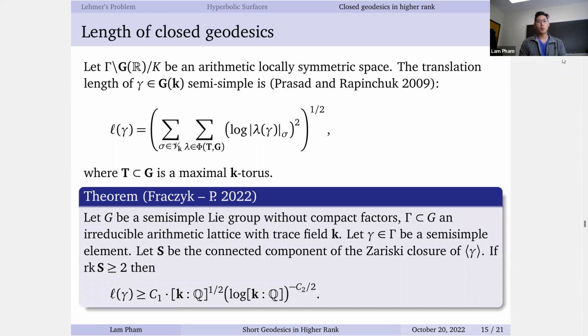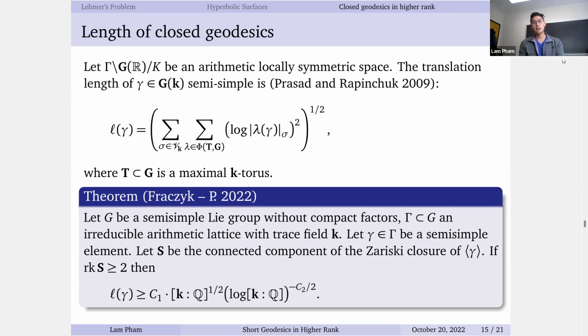Here's our theorem, which actually is weaker than the previous theorem. If you pick a semi-simple Lie group without compact factors, and you have an arithmetic lattice which is irreducible in this semi-simple Lie group, and has trace field K, meaning that you can realize its commensurability class inside